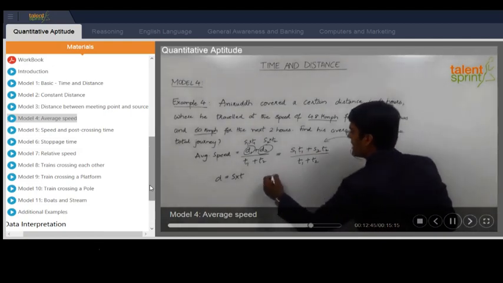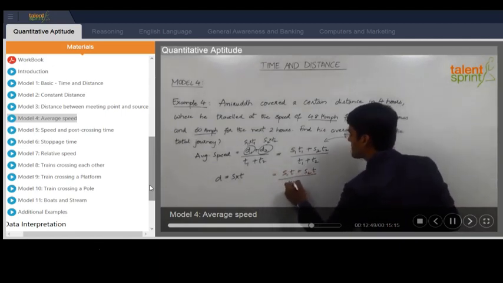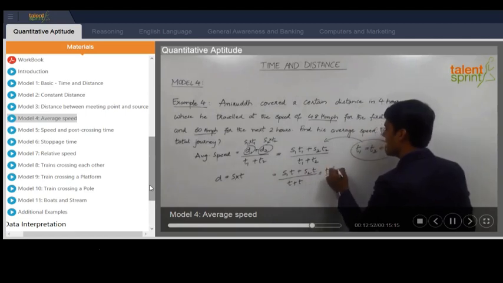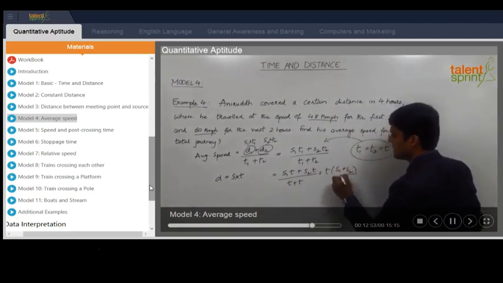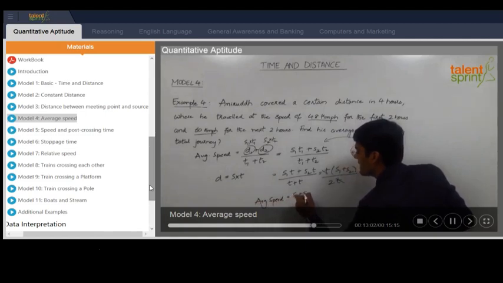So we get (S1T plus S2T) divided by (T plus T). By taking T common, we have (S1 plus S2) divided by 2T. And as T gets cancelled here, we can say that average speed will be equal to (S1 plus S2) by